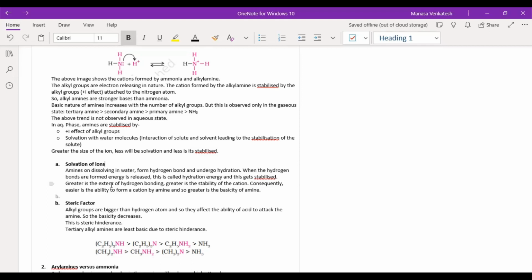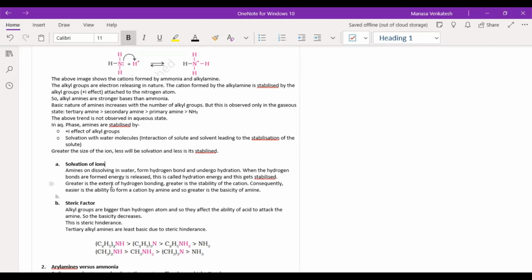Bigger alkyl groups mean that they will affect the ability of an acid to come and attack the lone pair of the amine. And this in turn will lead to a decrease in the stability. And that is why the tertiary alkyl amines are least basic. So with respect to the +I effect, we can say that the tertiary amines should be more basic than primary and secondary. But because of solvation of ions as well as steric factors, it's actually primary being more basic